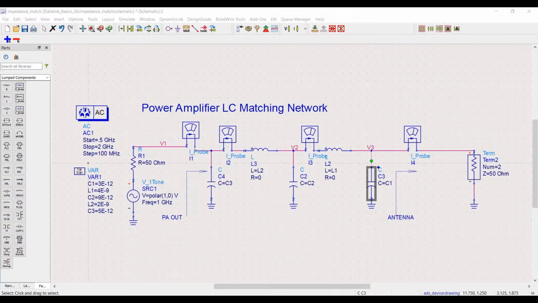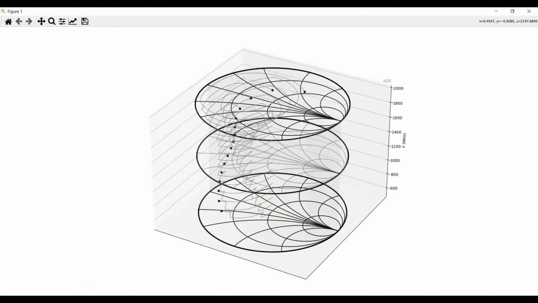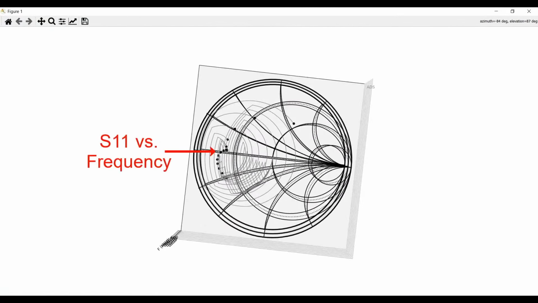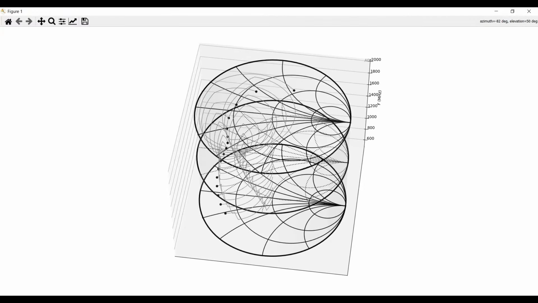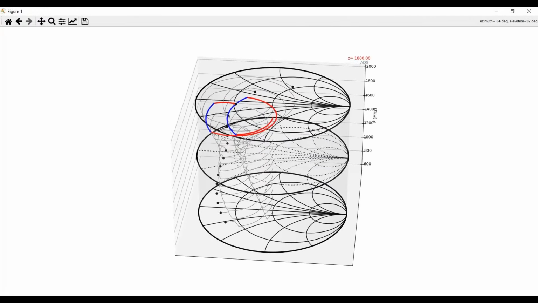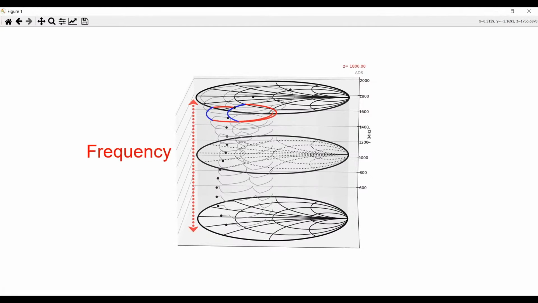And I can provide a video, but you can take an S parameter response across frequency. Say you have a matching network. Well, all of your little inductors and capacitors, like a series inductor, shunt capacitor, those are going to shift your impedances on the Smith chart. And you can look at those at one frequency and see how that works. It gets you to a point. But when you're sweeping frequency, there are a lot of different points for inductors and capacitors. They're all moving a little differently. So when you can stretch that out into three-dimensional space, all of a sudden you can start to understand how your components are shifting your matching network across frequency, and you can get some really interesting effects.